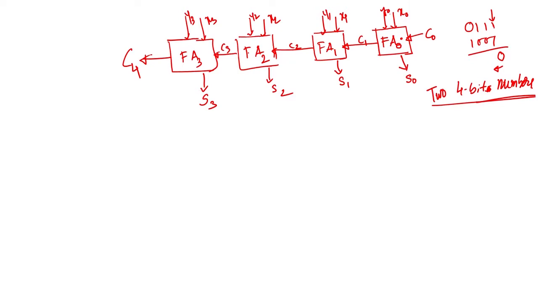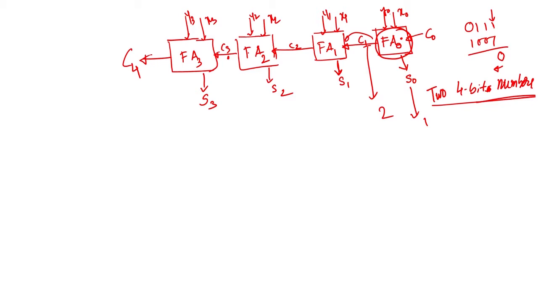So, now what will be the gate delay? As I said, for this full adder, for sum it will take 1 gate delay, and for carry it will get 2 gate delay. If you carefully see, the signal is propagating from the rightmost position to the leftmost position. First this carry out is passing here, and until this carry comes here, you cannot tell what the result will be here.